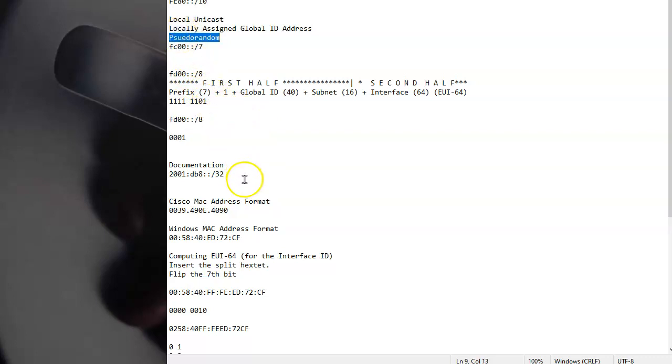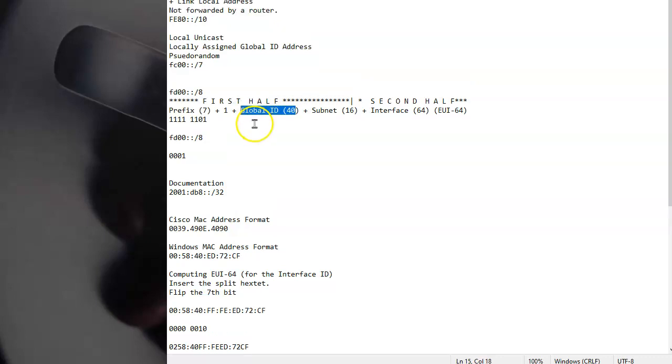That we're going to randomly generate this information, in this case these 40 bits. And then a link local, FE80, with a prefix length of 10.